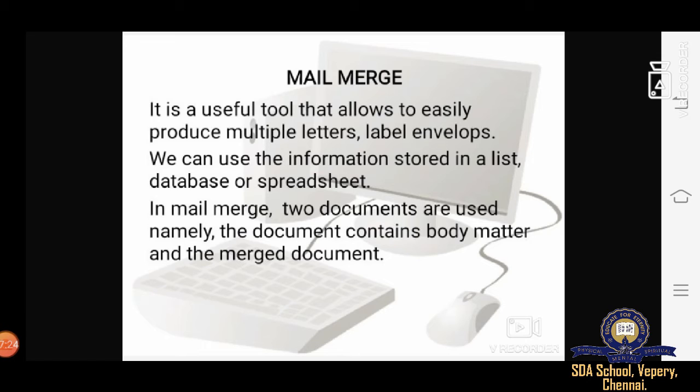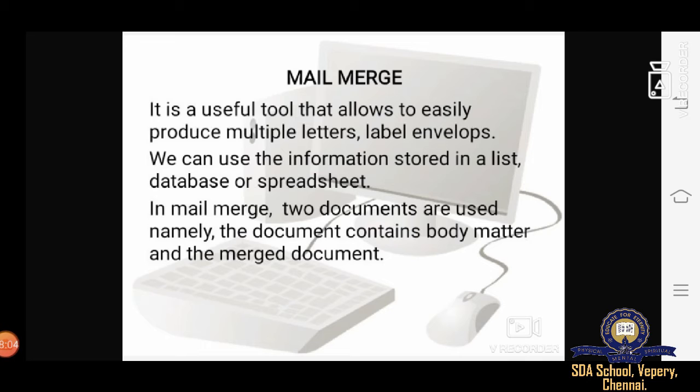Now let us learn how to use the mail merge wizard to create a data source and a form letter. When there is a birthday party, as I told you, invitations are circulated to your friends and relatives. It is to be noted that the content of the invitation like date, time, venue are very essential. The same, although the addresses differ. When this is done manually, each letter has to be written separately. And this problem can be solved by using mail merge.